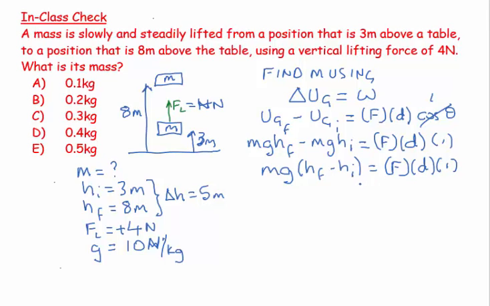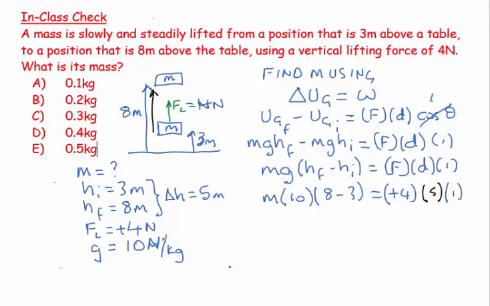Now let's start putting numbers in. m times 10 times 8, my final height, minus 3, my initial height, is equal to the force, which is plus 4, times my displacement. My displacement on my diagram goes from there to there, and that is 5 meters, so that would be times 5